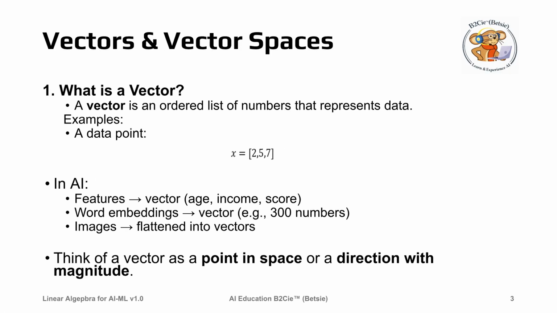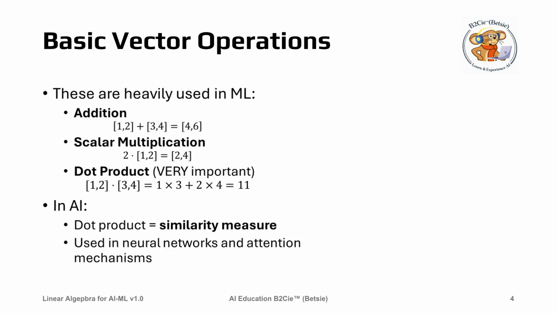A vector is an ordered list of numbers representing data, like a data point or features such as age and income. In AI, think of a vector as a point in space or a direction with magnitude. Examples include word embeddings and images flattened into vectors. Basic vector operations heavily used in ML include addition and scalar multiplication. The dot product is very important, as it measures similarity in AI and is used in neural networks and attention